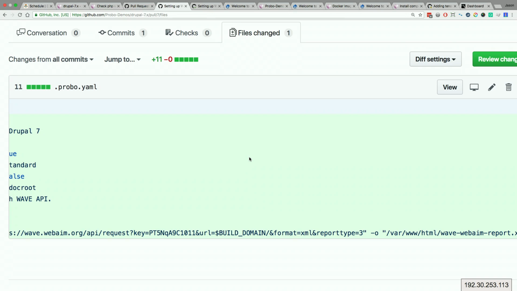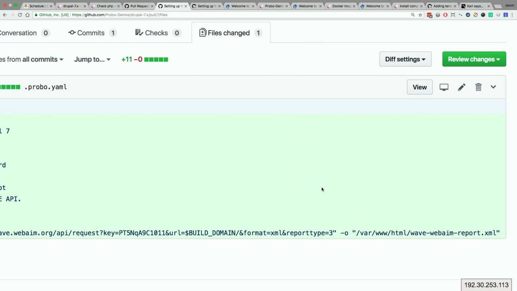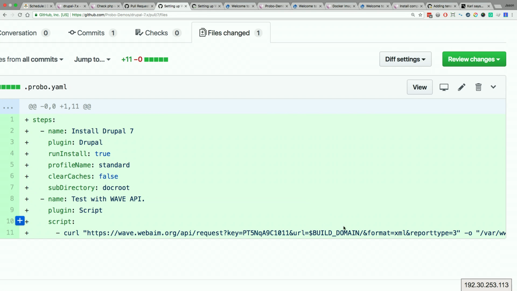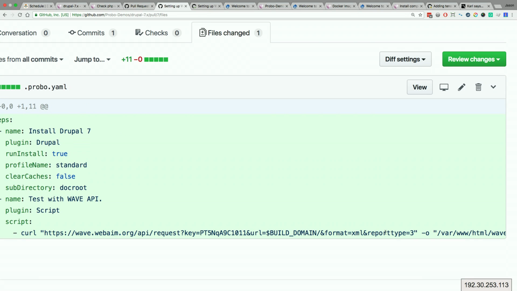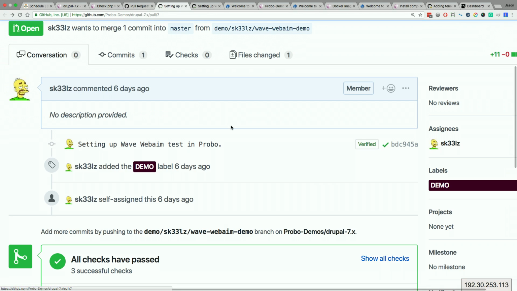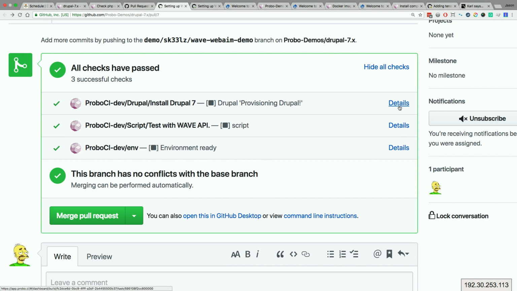This one I had to actually add some more code in just to get it to spit out the XML report. So I have it build in the report that will format it as XML, and it's this type 3 report which gives a little bit more info about the actual XPath of where the problem is. So if we were to take a look at this over in the Probo side,